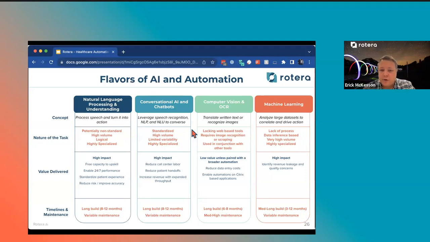And then lastly, machine learning tends to also be very long implementations for the most part. It's a lot of data you're analyzing to try to figure out, from all of this data, how do I infer something that's valuable to the organization? So an example I always like to use in the denials space again is, let's take the past year's worth of claims and also payments and denials, and start to use machine learning to correlate them to each other to understand when are we getting paid versus when are we getting denied,